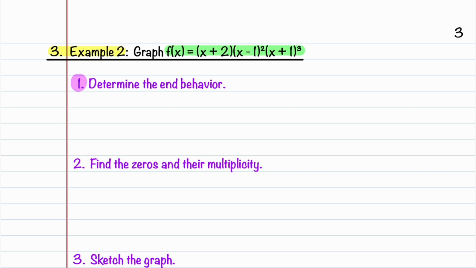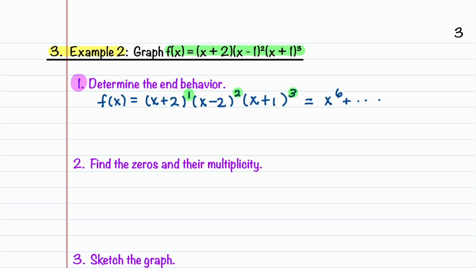Let's go ahead and write down our function. Our f of x is equal to x plus 2. I'm going to put a 1 there so that we can talk about the multiplicity. And then x minus 2 squared. And then x plus 1 cubed. Let's first find the degree. To find the degree, we're going to need to add up the exponents. That's adding 1 plus 2 plus 3. So this gives us x to the 6th as our leading term. And there's a 1 multiplying each factor, so we have a 1 in front of the x to the 6th. Our degree then